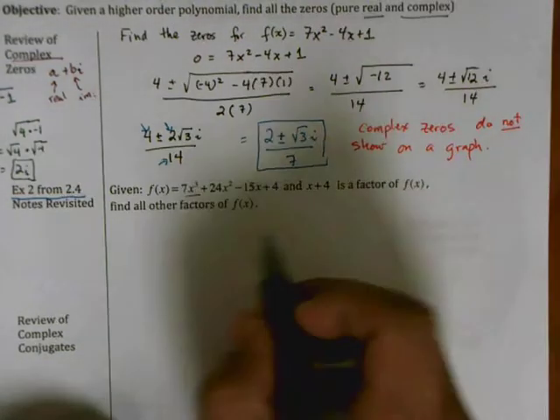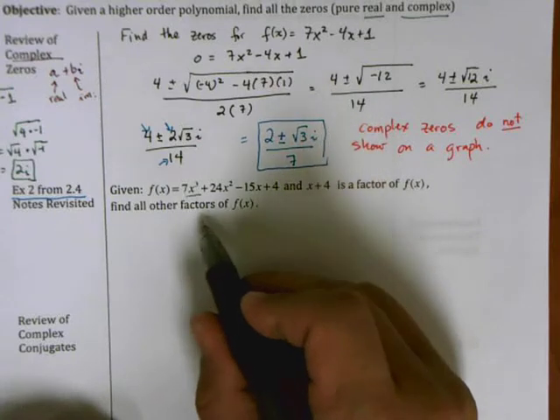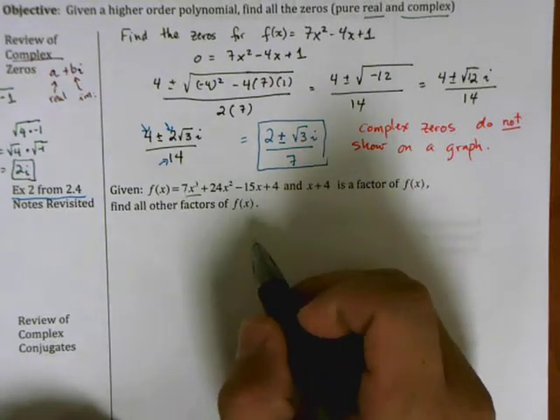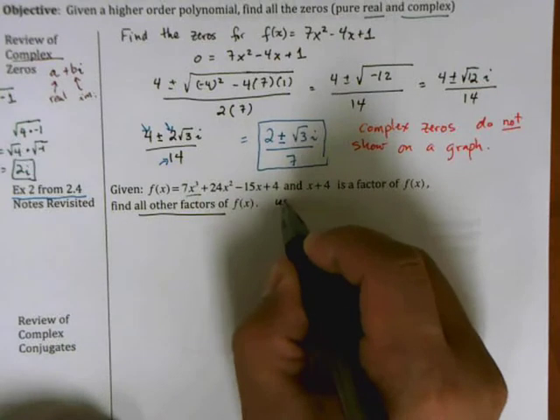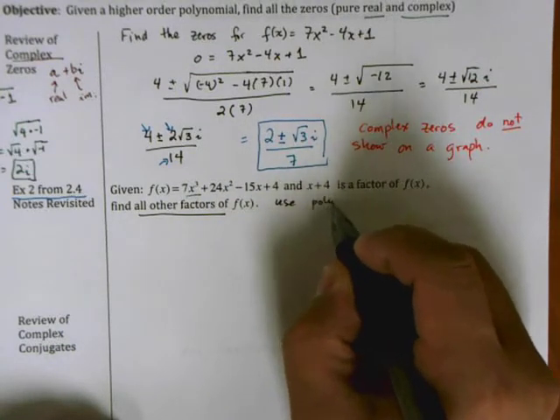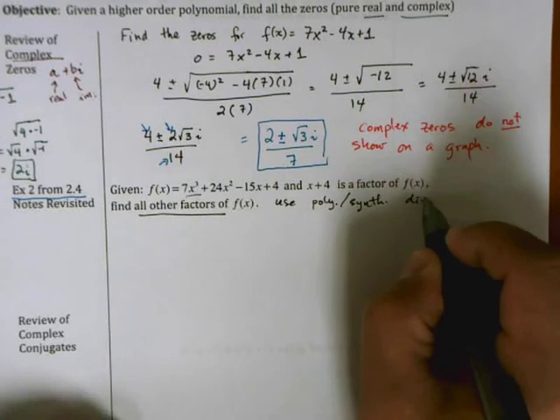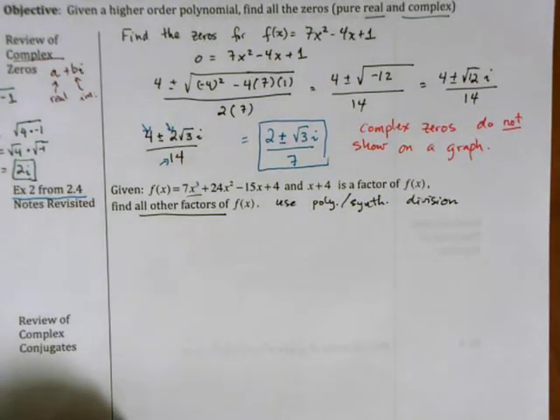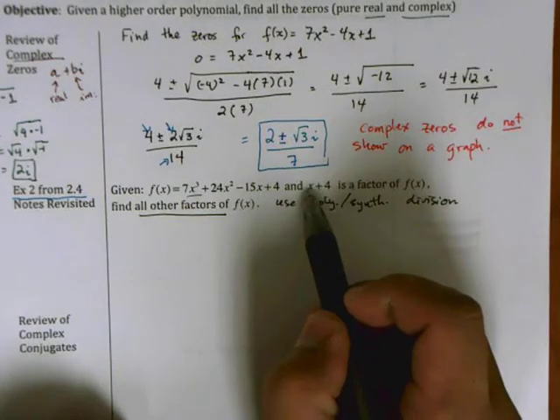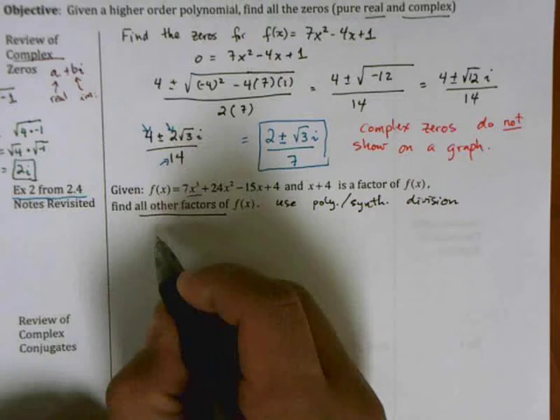Okay. So it says here, x plus 4 is a factor of f of x. Find all the other factors of f of x. And to do that, remember, finding all the other factors, we're going to use polynomial, or sometimes, if it's possible, synthetic division. Look back in the notes and see if synthetic division is applicable in this case. This has a coefficient of 1 and a power of 1, so it is applicable. So now we can do this